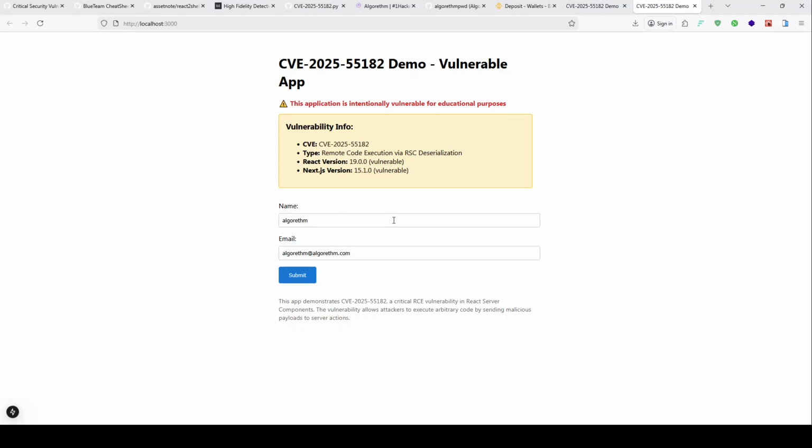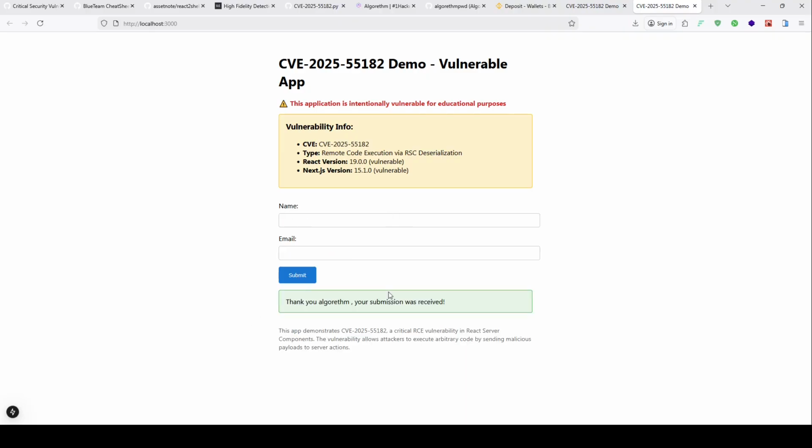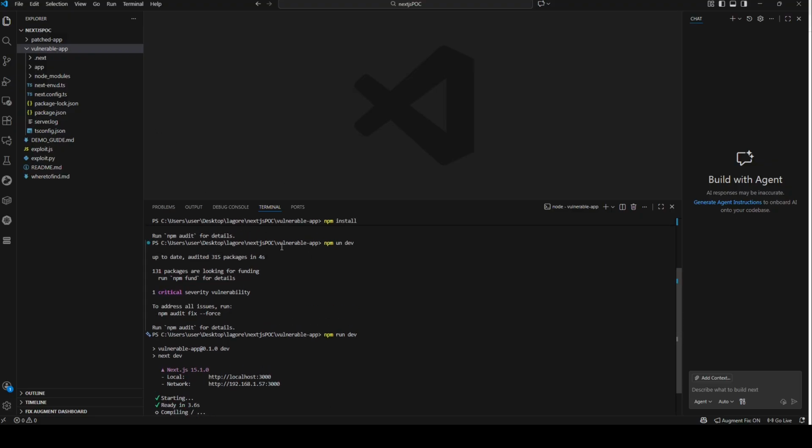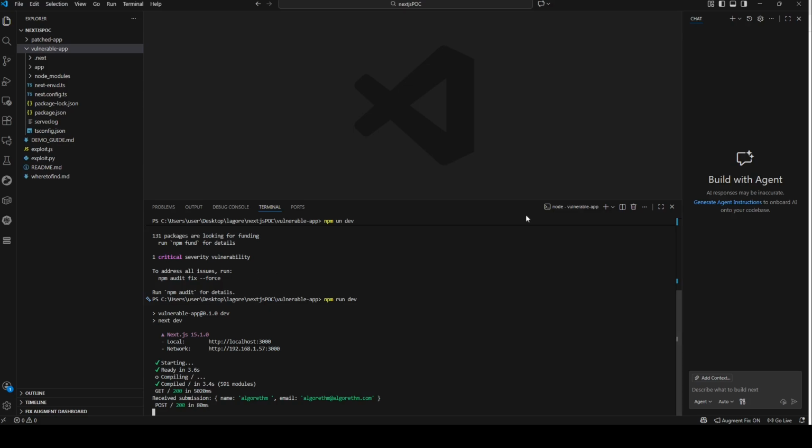Okay, so this is the web app. If I do algorithm at algorithm.com and then I submit, it just gives you this. Then let's say I go back to my terminal here on VS Code. So here you can see the submission was successful. Then I'll open up a new